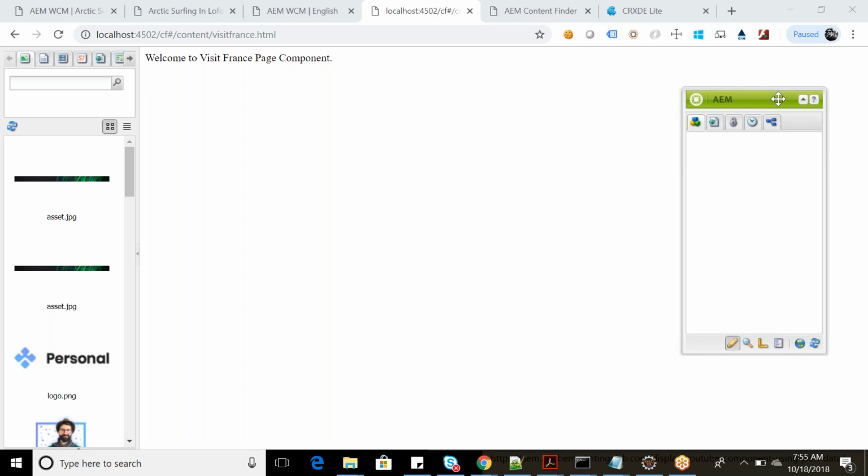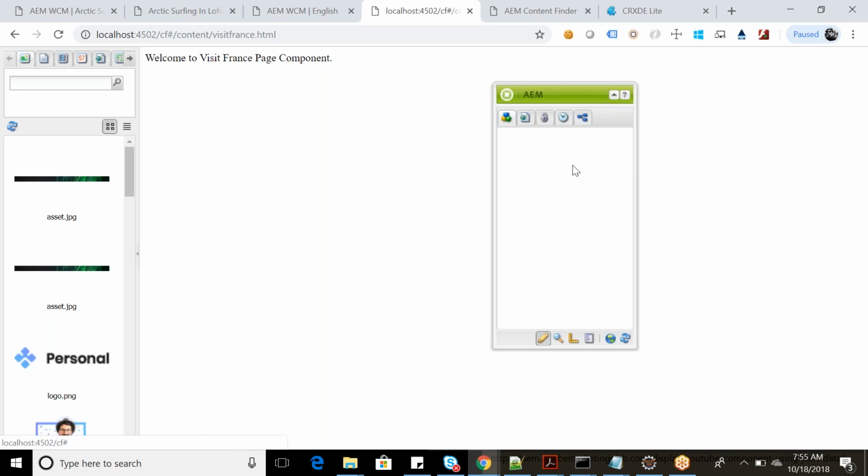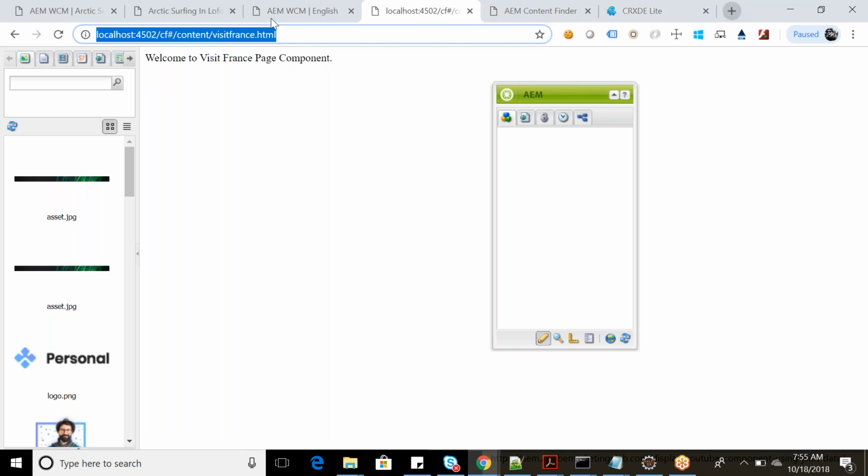Okay, so now one floating widget is coming on my page. We call it the sidekick. In touch UI, there is no concept of sidekick. There is a component browser. Let me show you that one as well. If I open this page in touch UI, then you will see